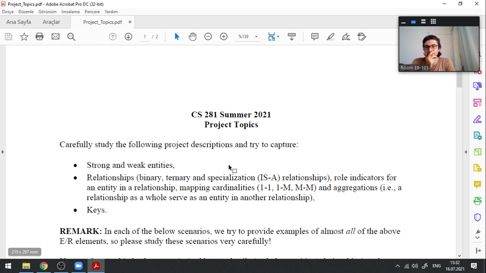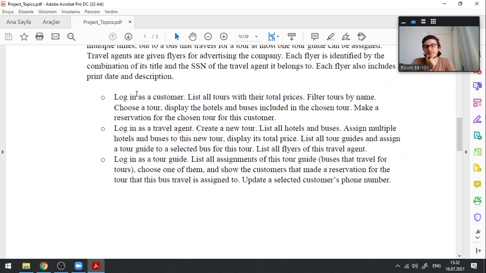For each of the project topics, there are 3 different scenarios, and in the final demo you are going to complete these 3 scenarios. But for implementation stage 2, you are going to choose only one of them for now. So this is a beginner step. As a starting step, you are going to choose one of these scenarios and implement it